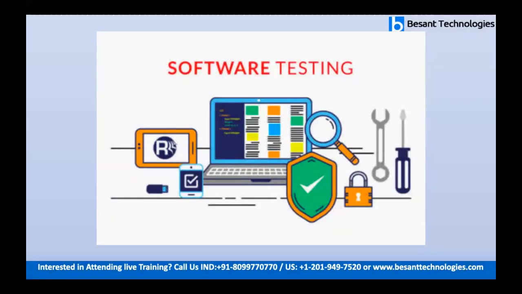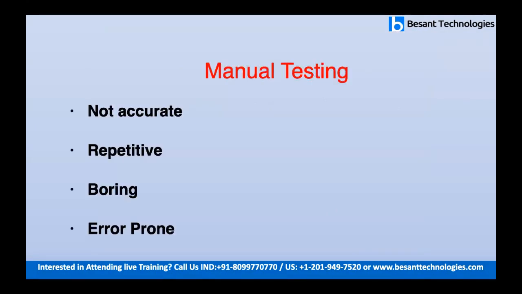So in this video, we are going to see automation testing. Let's see what that is. Testing is a process where you check whether the actual product meets the customer requirements or not. The main goal of testing is to check whether the product works as per the requirement, and also that it must not have any error. So the main purpose is to identify the errors and missing requirements.